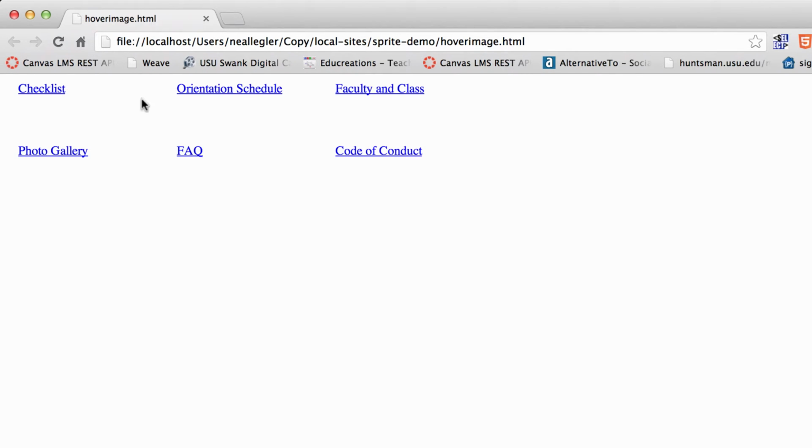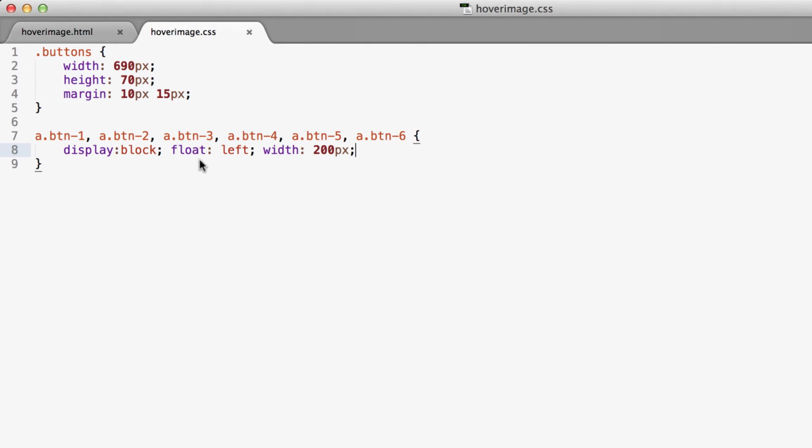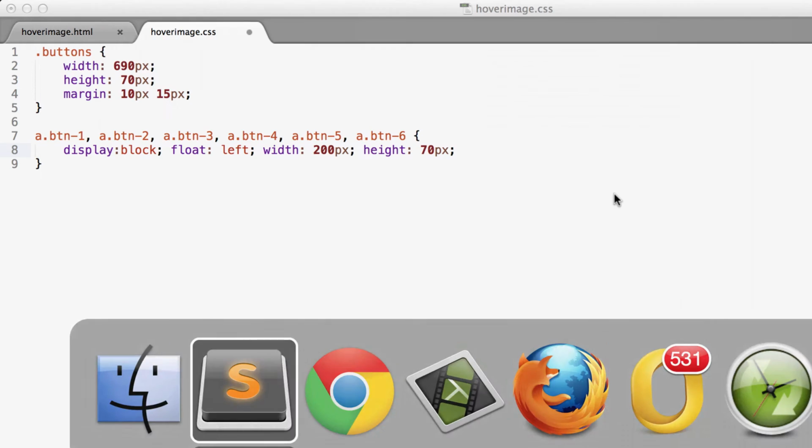There we go, now they're starting to separate. Okay, now let's give them a height, because this is going to have a background image in the end, and we're going to want to be looking at the dimensions of our images, which in this case is 200 by 140 for this, but remember we're only going to be displaying half of this image at a time, so our height of 140 is going to be cut in half, so it's going to be 70